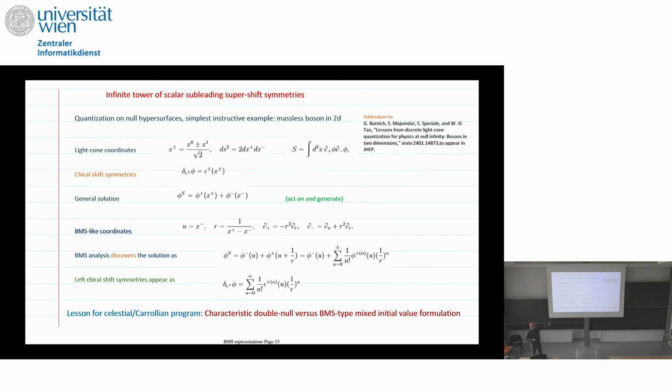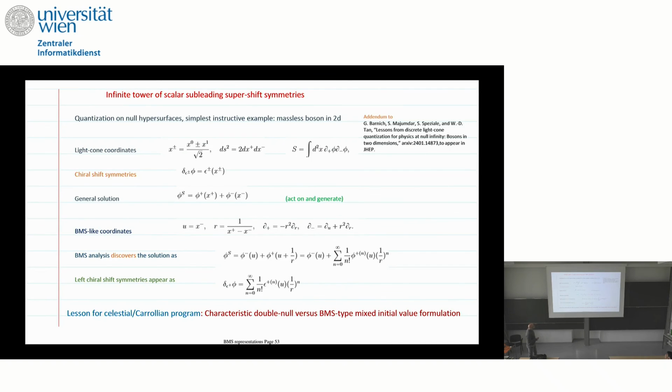And in this case, the split is completely clear, because you realize that the left movers is the initial data that you give on one, and the right movers is the initial data that you give on the other intersecting null surface, and that you only have the same information as the observer in instant form if you give data on both of these things. But in the initial value problem formulation, it's very well known, but what are the correct Poisson brackets and how you do quantization is a bit more tricky because you have to define Poisson brackets and things. So that's what we tried to study.